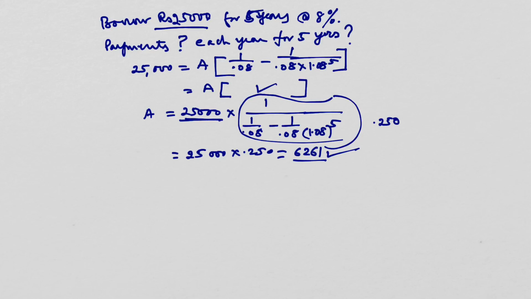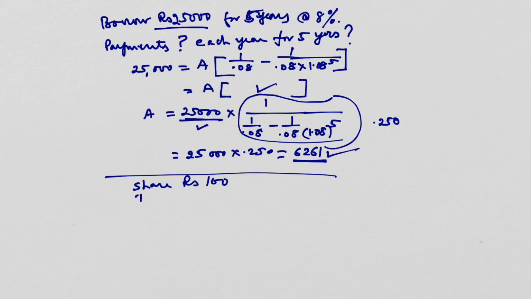So 25,000 is the amount which you receive today, and then you have to decide how much would be your payments each year over a period of 5 years. Now, this is about your present value. As I said, you can use it for a lump sum, to calculate an annuity, and even for uneven cash flows. Let us take an example where you buy a share of a company today for rupees 100,